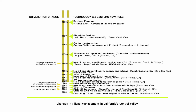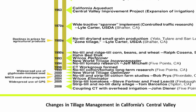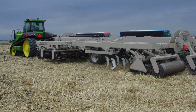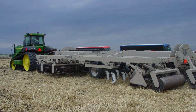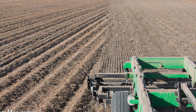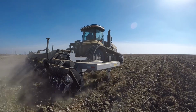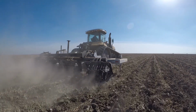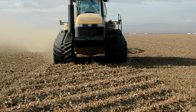yields. The development of soil health management systems for California cotton then accelerated in the late 1990s and early 2000s with the introduction of several so-called minimum tillage machines, such as the Incorporator, which later became the Optimizer, manufactured by One Pass Tillage Company, and the Eliminator, manufactured by Wilcox Agri-Products. These implements allowed for reduced pass tillage, but they still left a large volume of soil disturbed, as is done